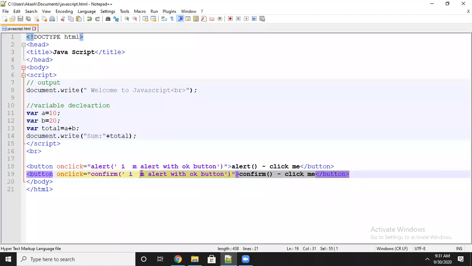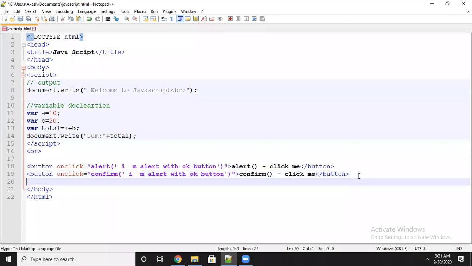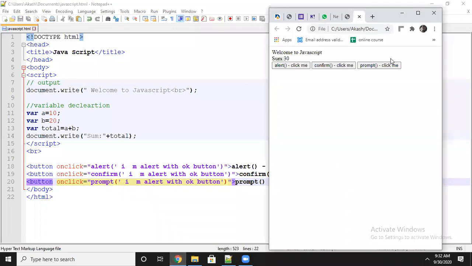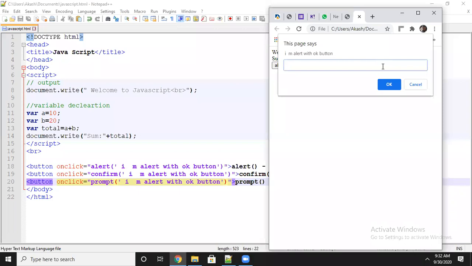And the last one is prompt. What is prompt? Prompt means it will show the message along with one more text box, with OK and cancel buttons. Now you can see prompt.